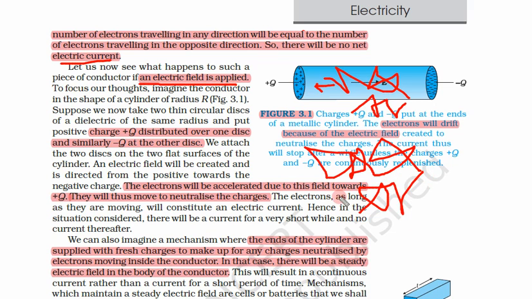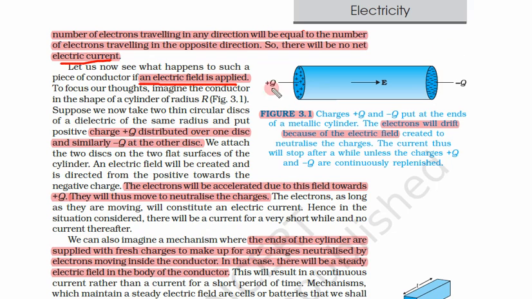So overall there is some motion which is directed towards the left side of this conductor. Why? Because electrons are negative and this terminal is positive. So some electrons are coming towards this side, and hence since electrons are going from the right side, this will become positive. It looks like positive charge is moving towards this side.